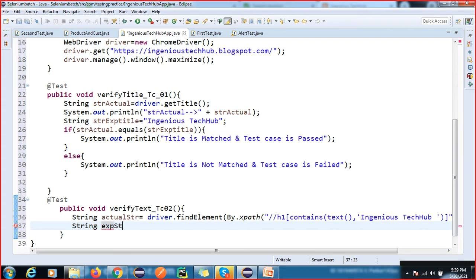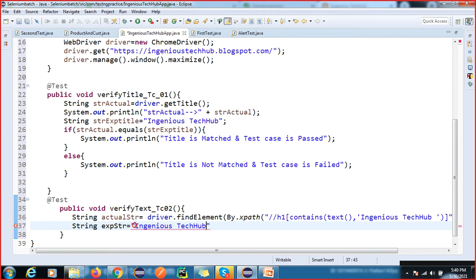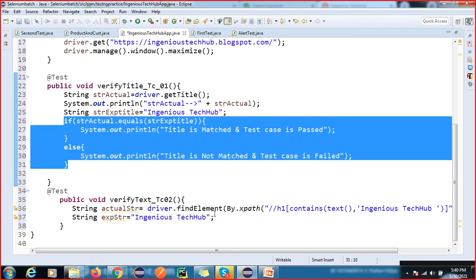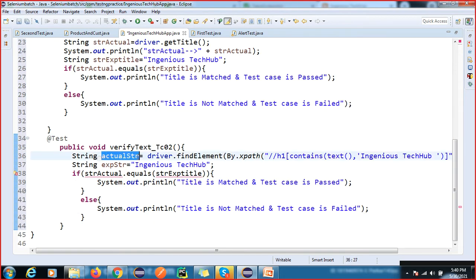Expected str is this value, and the title is also the same text. I'm just copy pasting here also, and verifying again. We have actual and expected, so we'll verify this and this.